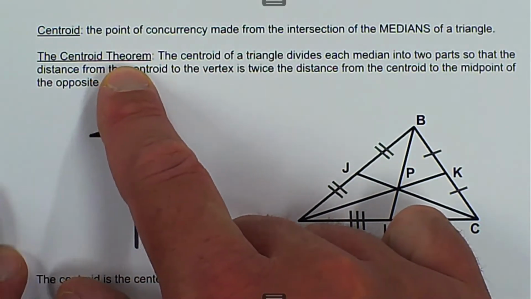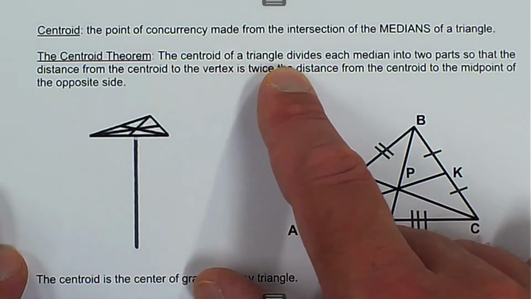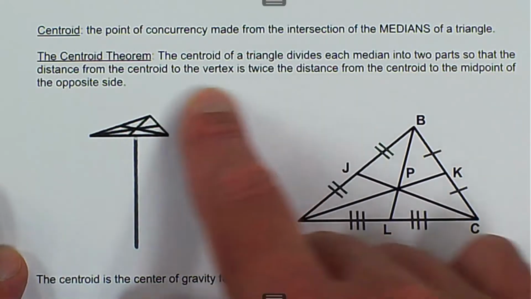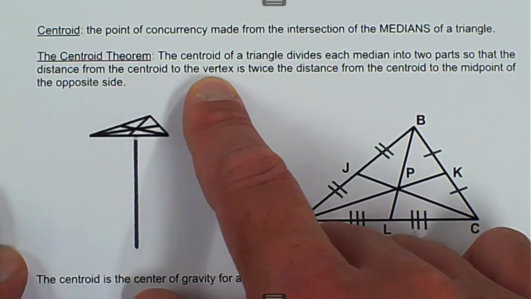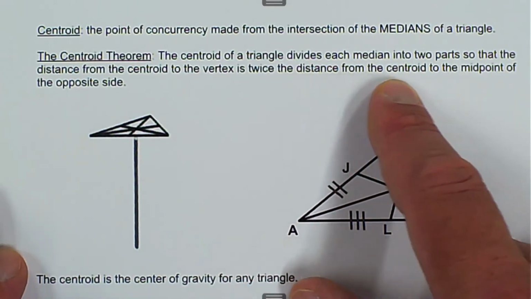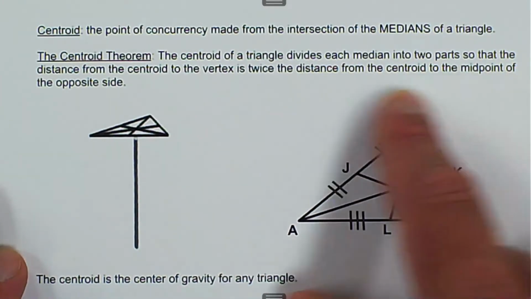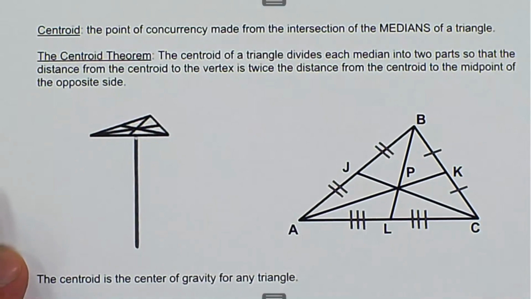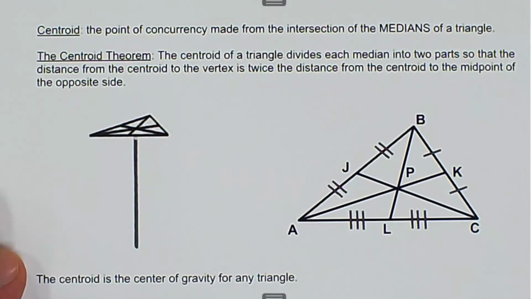The centroid theorem. The centroid of a triangle divides each median into two parts so that the distance from the centroid to the vertex is twice the distance from the centroid to the midpoint of the opposite side. Okay, so what does that mean? That means